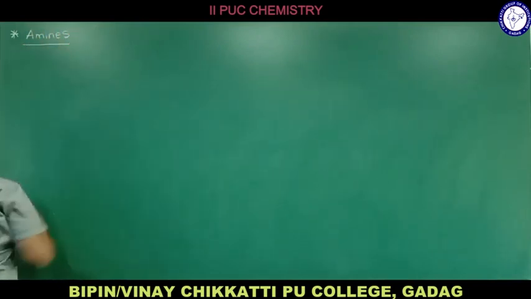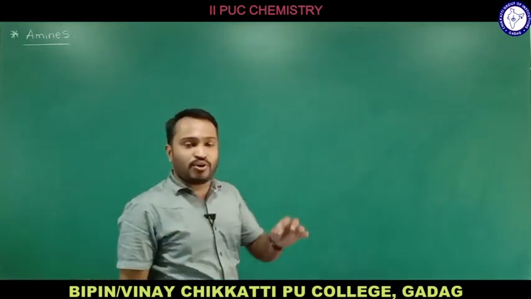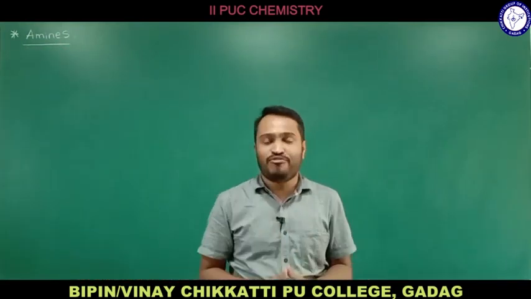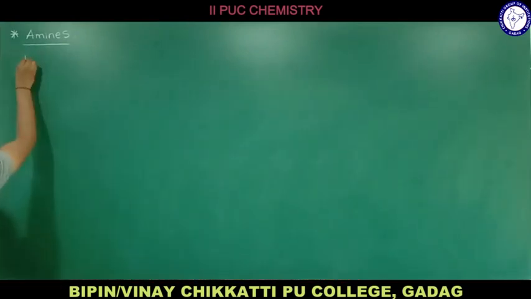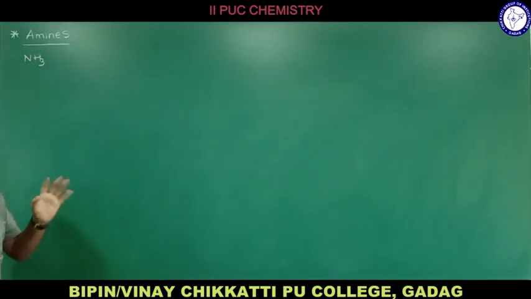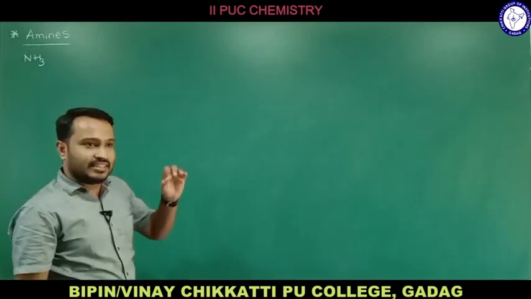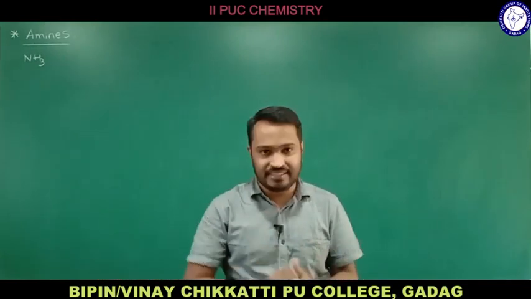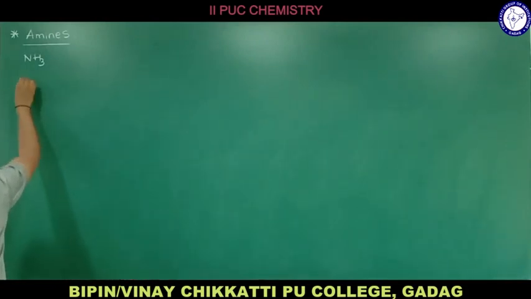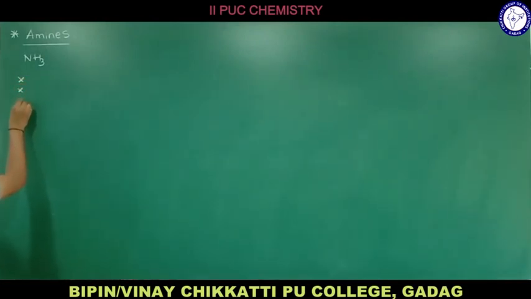Remember, amines are actually derivatives of ammonia. The molecular formula of ammonia is NH3. If you consider NH3, we'll predict the shape of NH3 using VSEPR theory. Nitrogen is the center atom. It has 5 valence electrons since nitrogen belongs to group number 15. These are the 5 valence electrons of nitrogen, 1, 2, 3, 4, 5, and